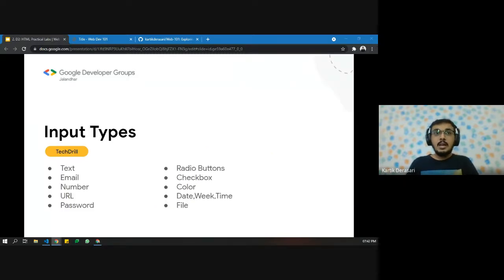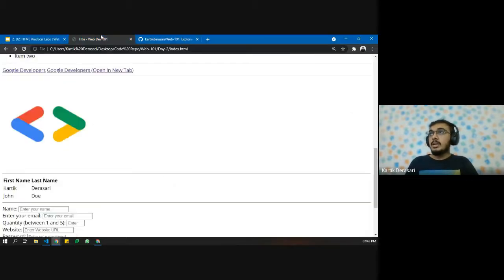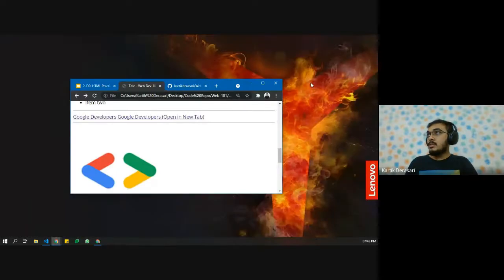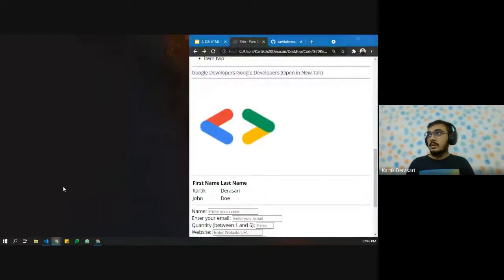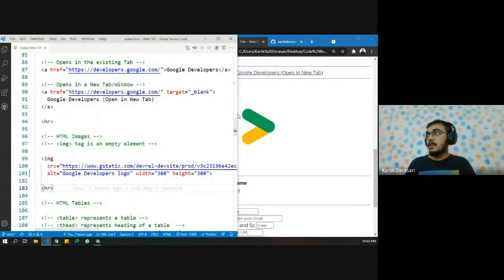And now coming down to input fields. We generally have too many types of fields, and I'm sure you can relate to all these fields such as text, email, and so on and so forth. We also have URL, password. So now let's see how we can actually create all such fields using HTML. Let me again quickly show the demo part instead of slides, because that makes more sense when we see HTML code.